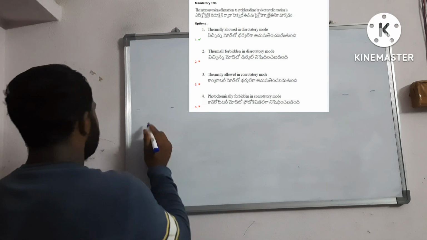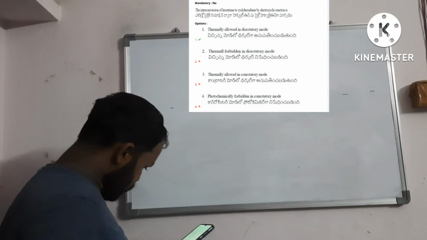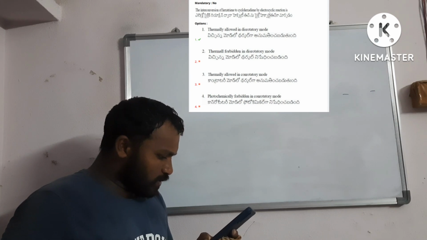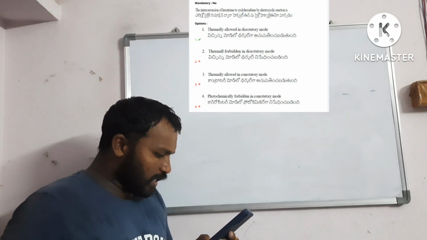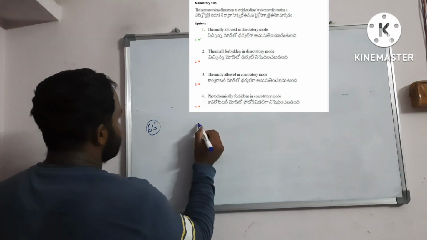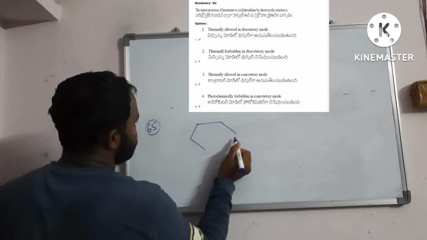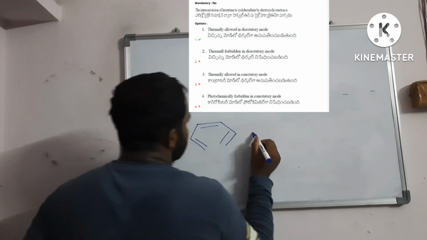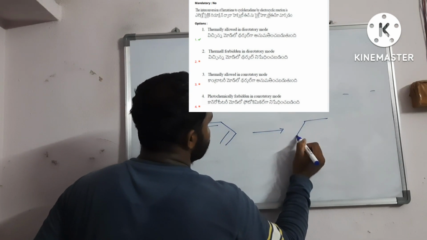What is that? 65, right? The interconversion of hexatriene to cyclohexadiene by electrocyclic reaction. Hexatriene I am writing here. This is a 6-membered chain: 1, 2, 3, 4, 5, 6. This is the hexatriene. This is converted into